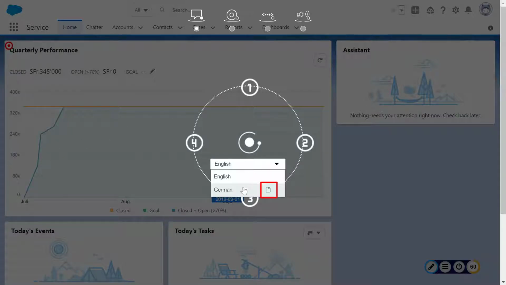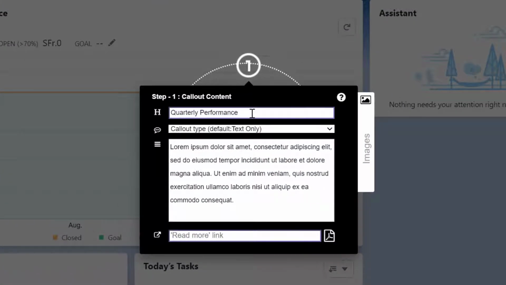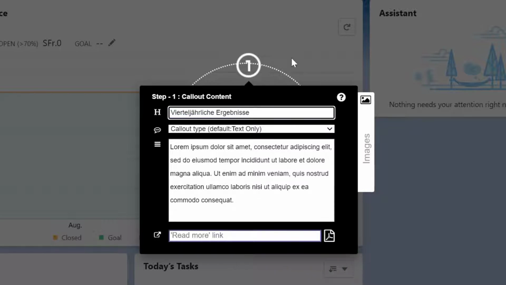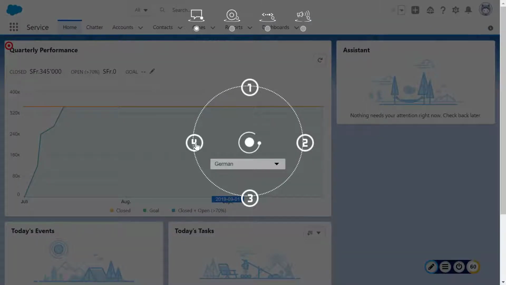The German language is shown as an empty sheet. That means that no German content is created for that callout. If I select it, the German language variation is created and the content of the default language is copied to the German language variation. In this way you can see what the content in the default language is for that callout, and you can now overwrite it with the content in the new language. Let's fill out the German content now.